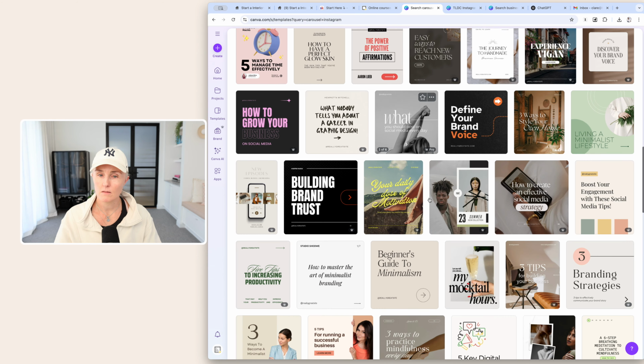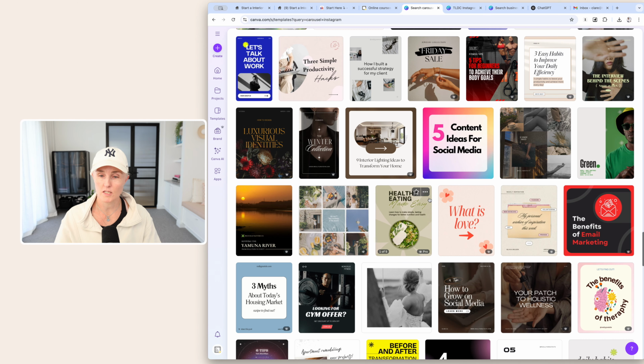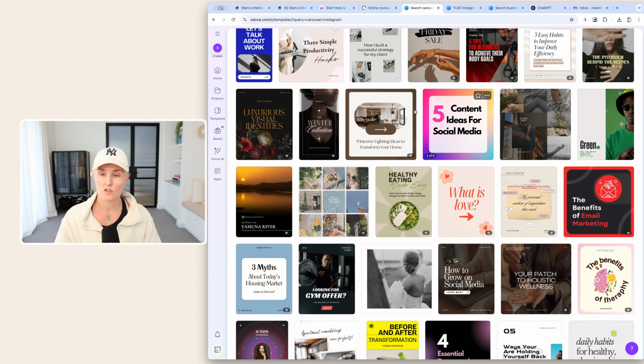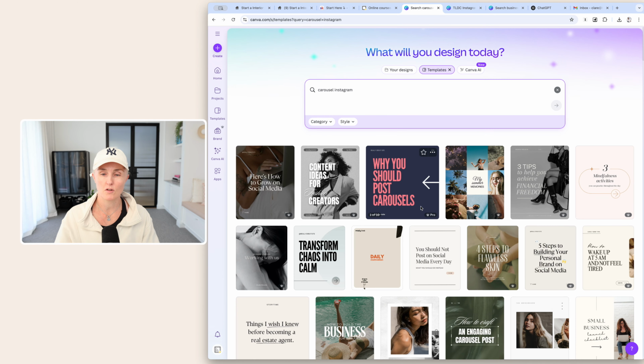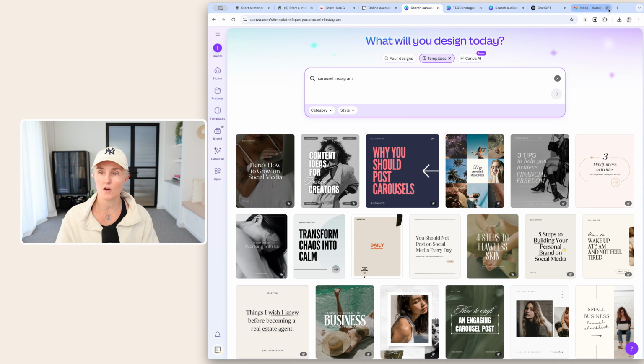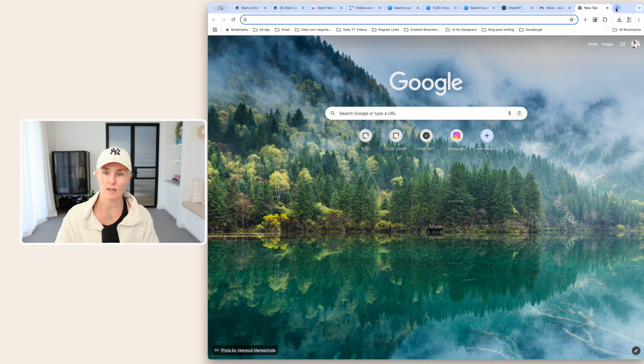Now, Instagram, let's talk about the size of Instagram content at the moment. So it is not square. You need to create an Instagram carousel that is in the size of 1080 by 1350 pixels, not square, which is 1080 by 1080, because the Instagram feed, actually we'll go to my phone. The Instagram feed